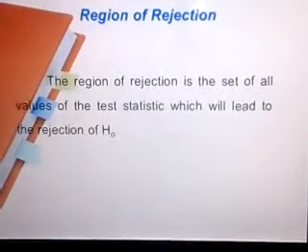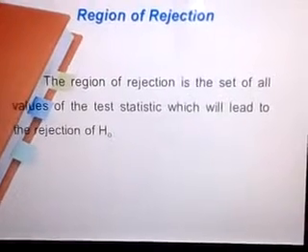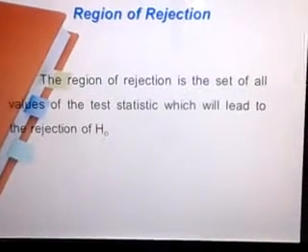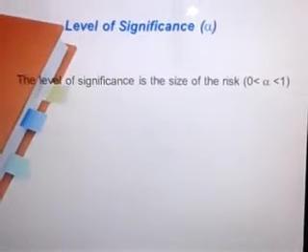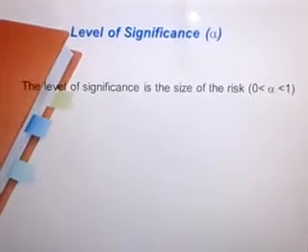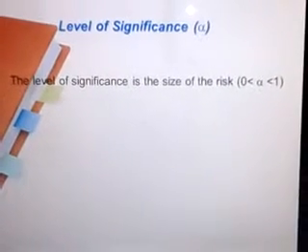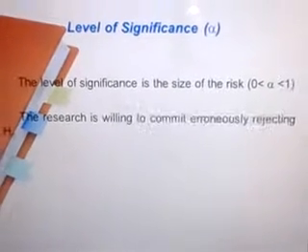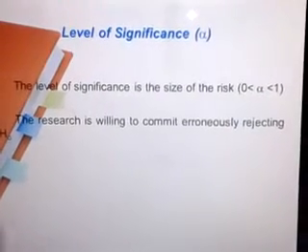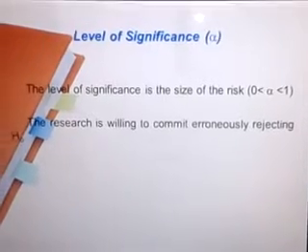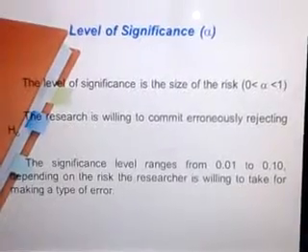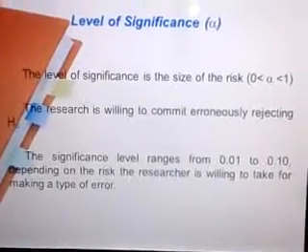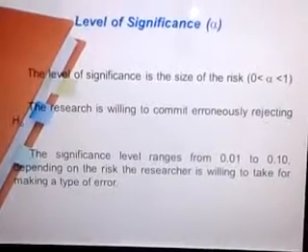So let's have the region of rejection. The region of rejection is the set of all values of the test statistic which will lead to rejection of our null hypothesis. The level of significance is the size of the risk, 0 is less than the level of significance, which is less than 1, that the researcher is willing to commit in erroneously rejecting the null hypothesis. The significance level ranges from 0.01 to 0.10, depending on the risk the researcher is willing to take for making